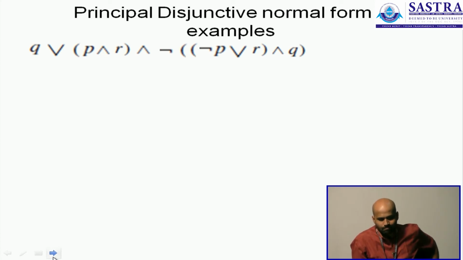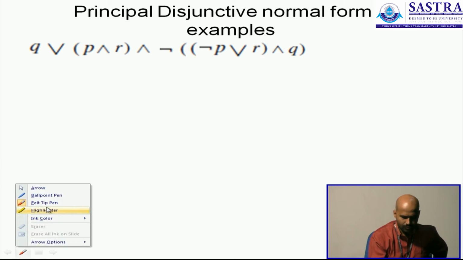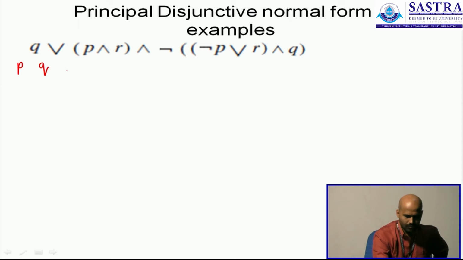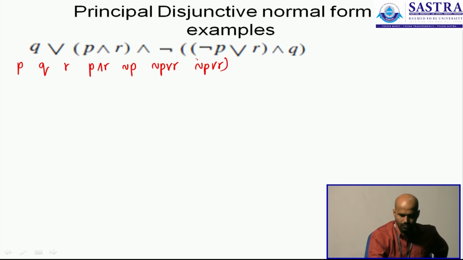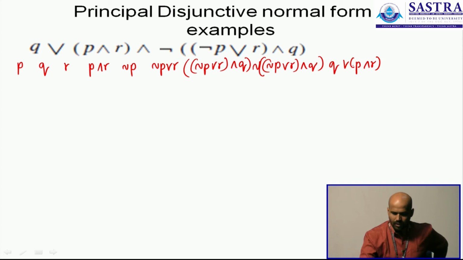What's here? You have 3 variables. You have a P, you have a Q, you also have an R. Three, 4, 5, 6, 7, 8, 9.